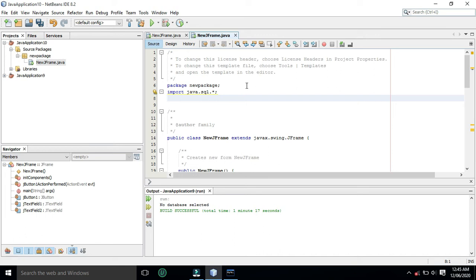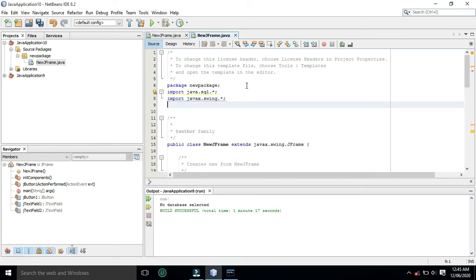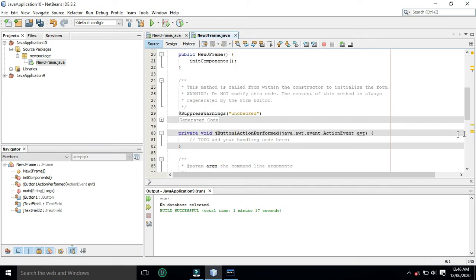So we need connection class, statement class, and so on. Now import javax.swing.star. Now in this application we are going to use JOptionPane dialog box. So to access that class we need to import this statement. Now let's go to the block of JButton1 action performed. Now let's start writing the code.